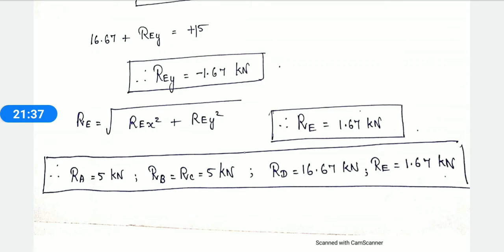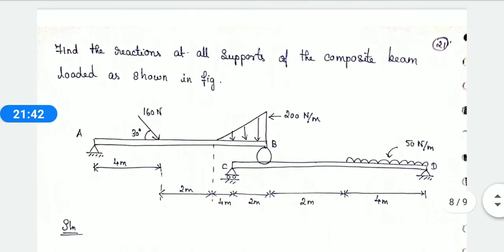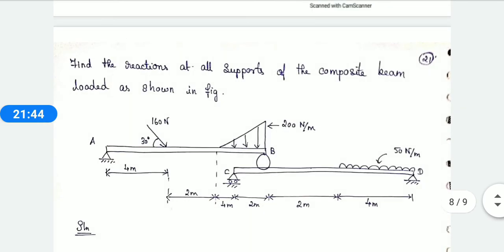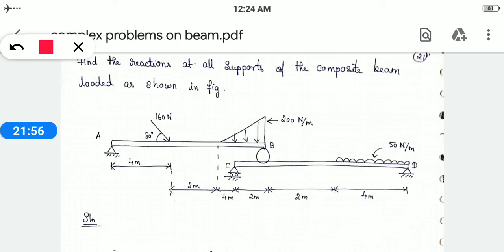One more problem I will define for you with some other complexity. See, this is also a combination of two beams, but they had not mentioned here whether it is a flexible or something, but they had given directly a roller support over here. So now you yourself analyze how many reactions are going to act. Here one vertical reaction, one horizontal reaction. Since it is inclined over here, we have to resolve it vertically and also horizontally.